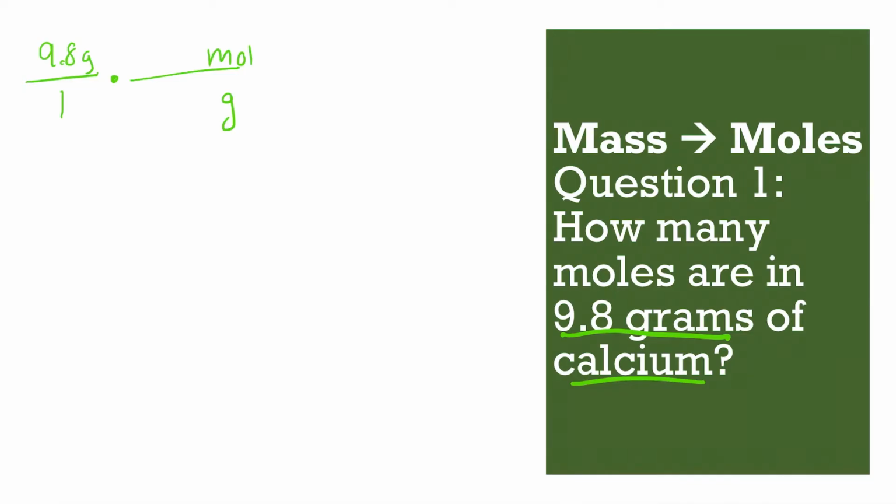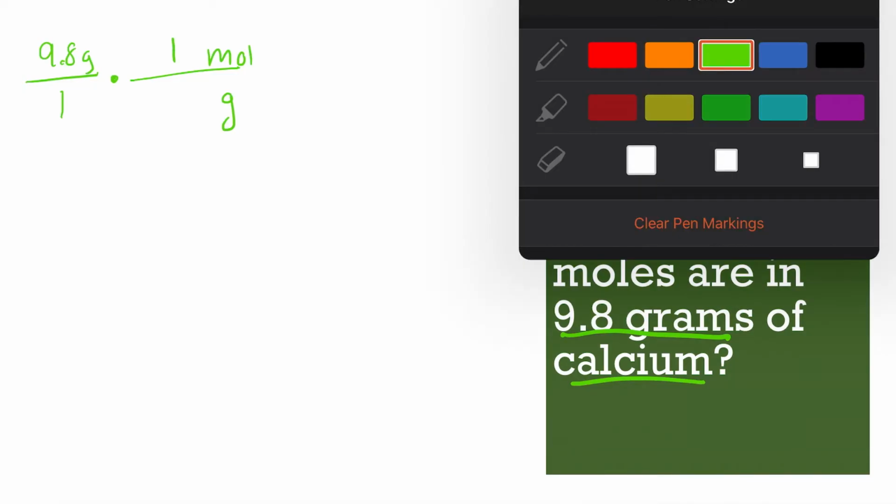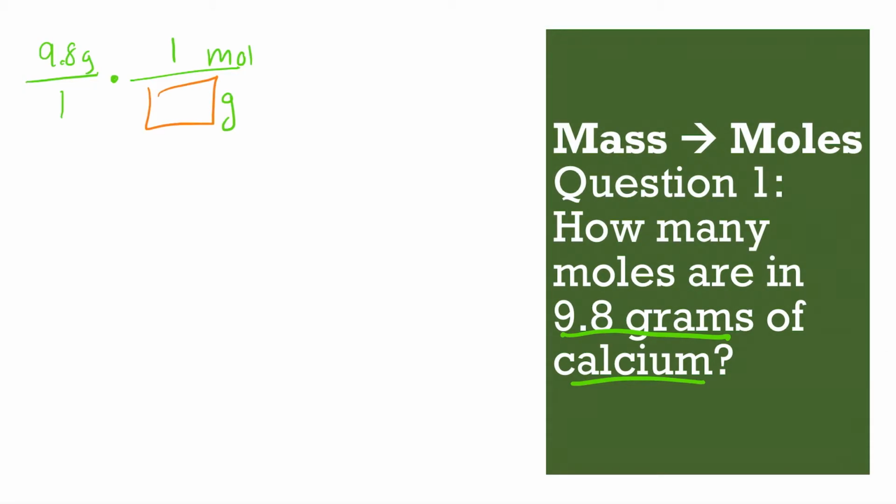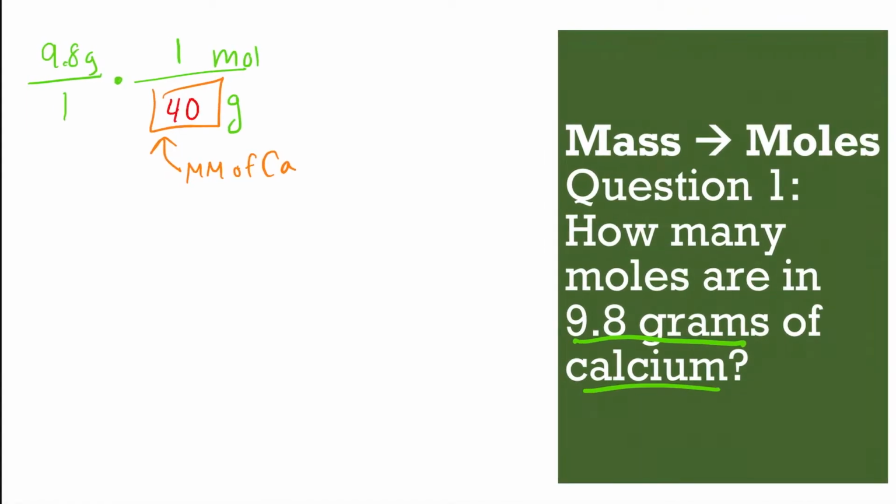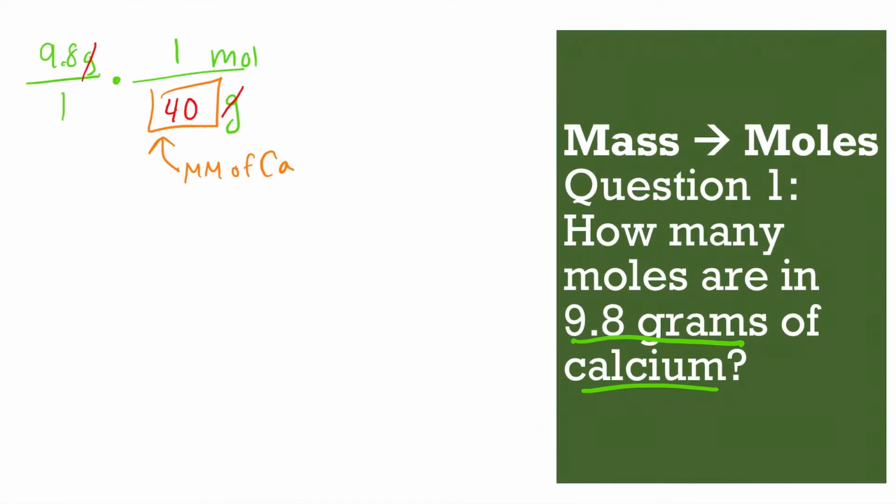Remember, for this conversion factor, we're talking about 1 mole. And down here, that is the molar mass of calcium. So if you look on the periodic table, calcium to the nearest whole number is 40. So grams cancel, you're left with 9.8 divided by 40, which gives you 0.245